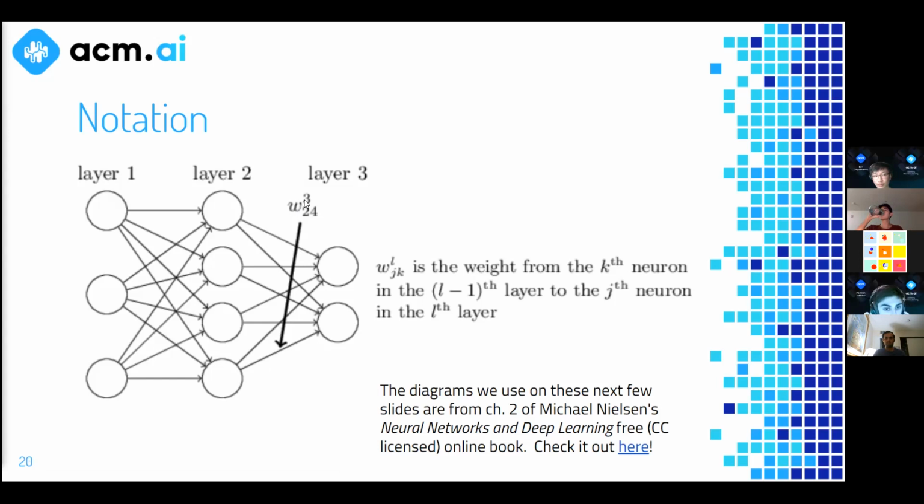So the superscript here is the number on the top. The superscript refers to what layer this weight is pointing to. So it's pointing to layer 3, right? So we put a 3 up here. That's all that superscript is. The 2 refers to the neuron number from top to bottom in the layer that it's pointing to.